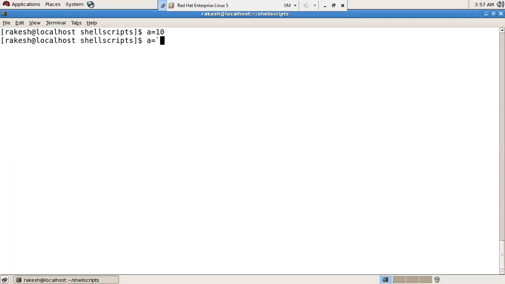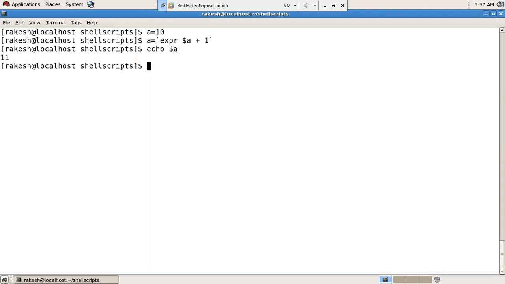That is EXPR $A plus 1. Then echo $A. Incrementation. Okay. So incrementing the value by 1. Now this is the same as actually what? A is equal to A plus plus. Or just A plus plus, right?